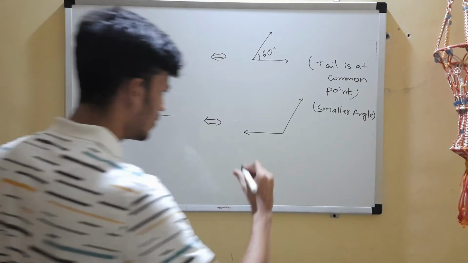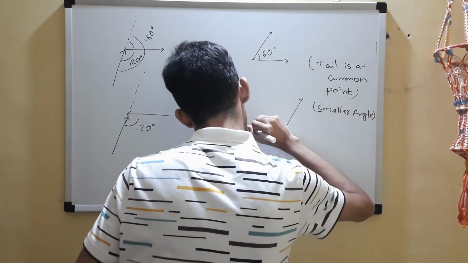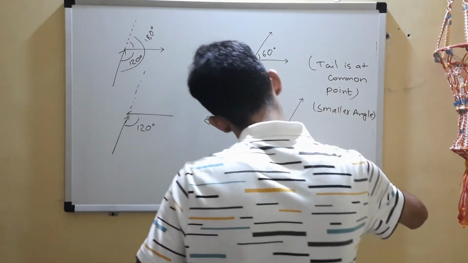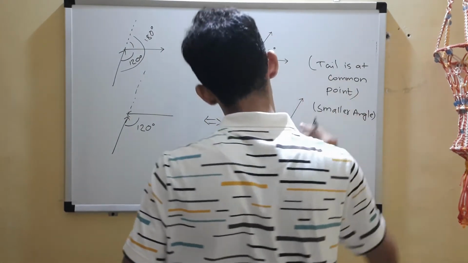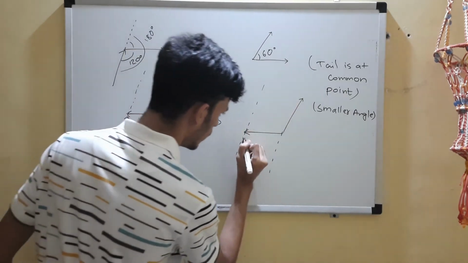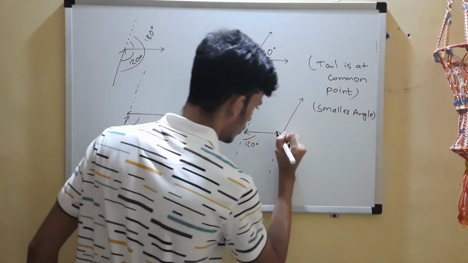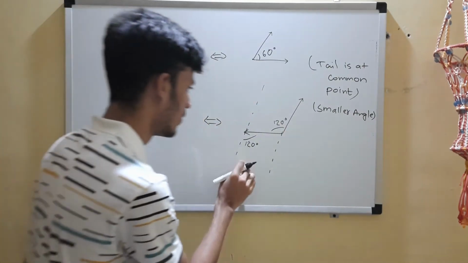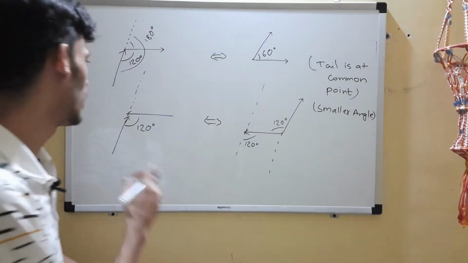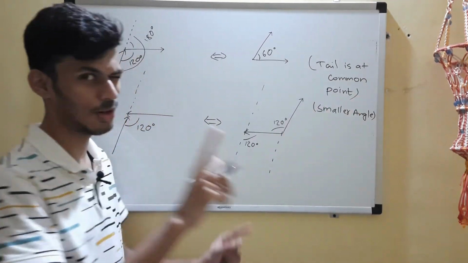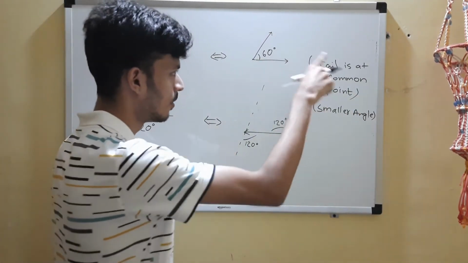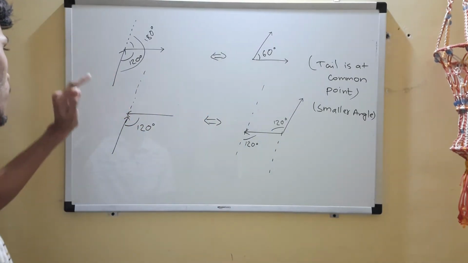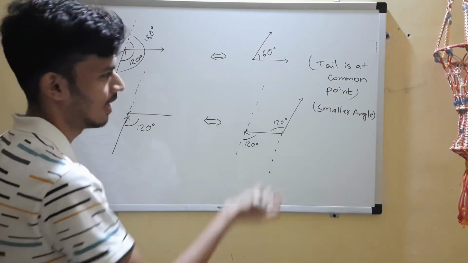Can you see that these two sides will be parallel, because I have just shifted that vector parallelly. I don't want to change it. So if this is 120 degrees, that should be 120 degrees as well. They are alternate angles. So 120 is the correct answer. Head at a common point also works, but to be safe, use tail. We had the head-tail combination and the head-head combination.